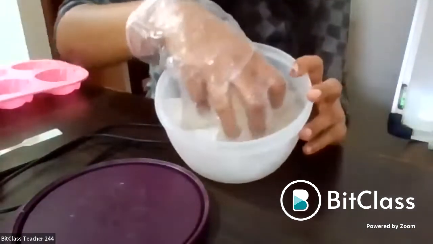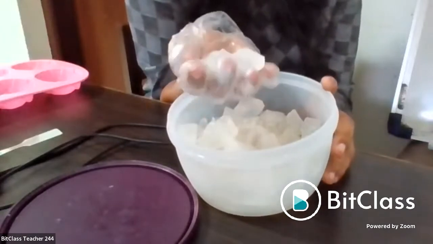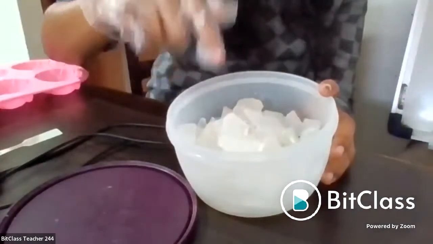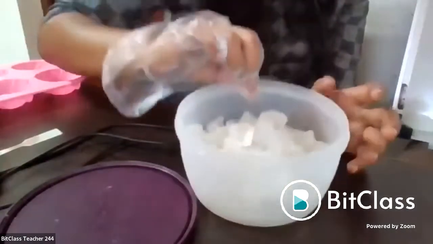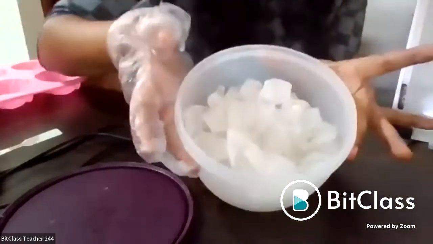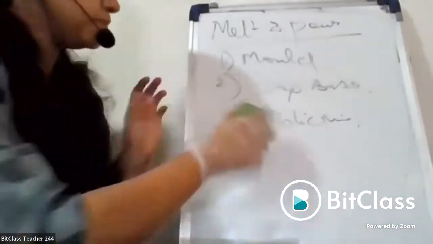Now this base, if you see, will come in bar form, flake form, cut down form. But this base we made in our advanced class, and that is what I am taking and showing to you. We pour it in molds, cut it and keep it in a container. Whenever we want, we will take it and use it. While you go to buy from the market, you will see a lot of varieties of base. Can anyone tell me what varieties of base you have already seen?